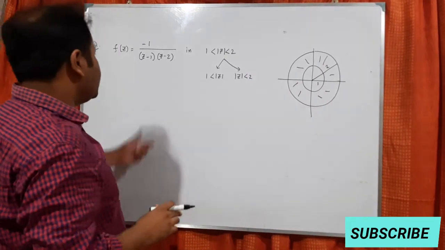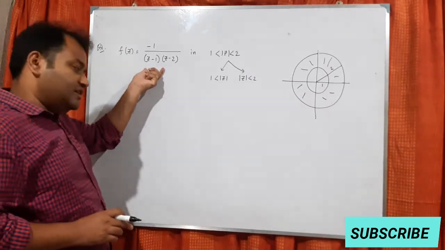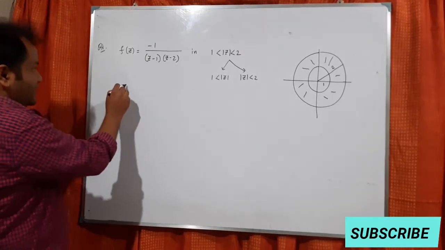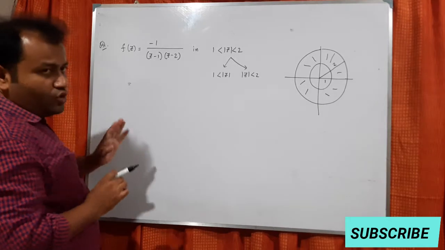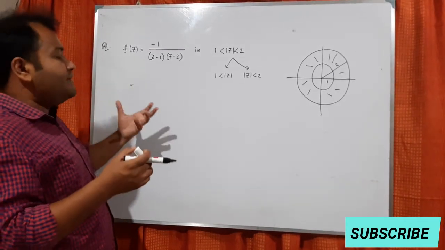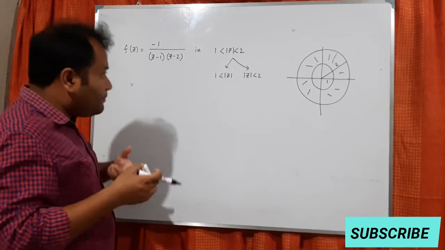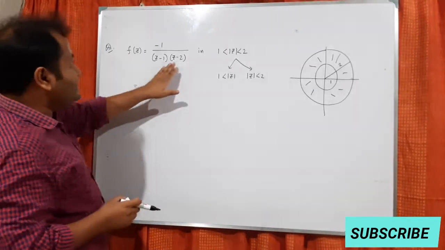So in this case we have to find the Laurent series expansion of this function. Now look into this function. Whenever this kind of function is there, first of all what you have to do, you try to understand this. This is not any proper process, but this is some mathematical trick. You make the denominator 0.